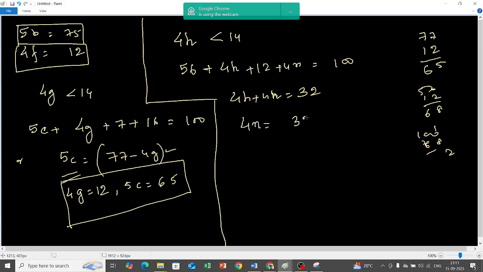4n is 32 minus 4h. It is given 4h is less than 14, multiple of 4. Also this has to be a multiple of 4. So that means I can take 4h as, if I take 4h as 12,